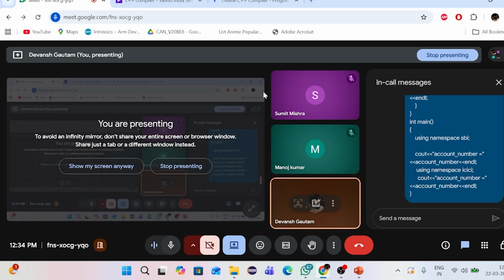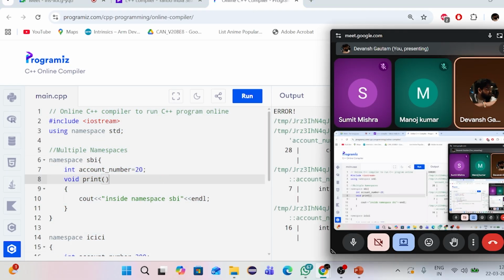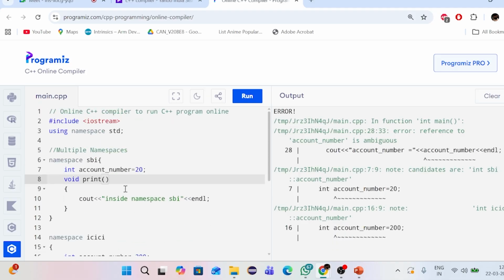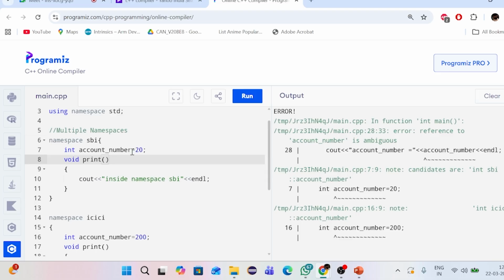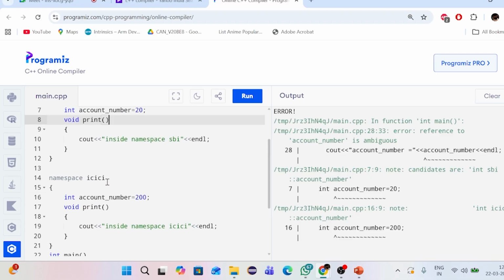Okay. So the function part is done. There is one more way of declaring things. Suppose you want only this account number. You don't want any other thing. Suppose you don't want this print function. You just want this account number from SBI. So what we will do is,